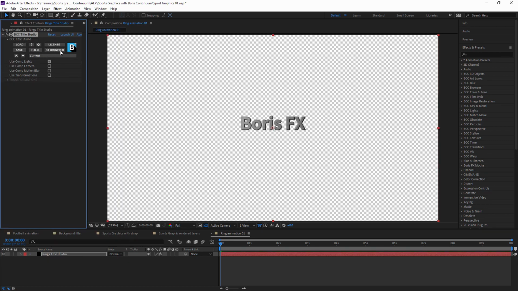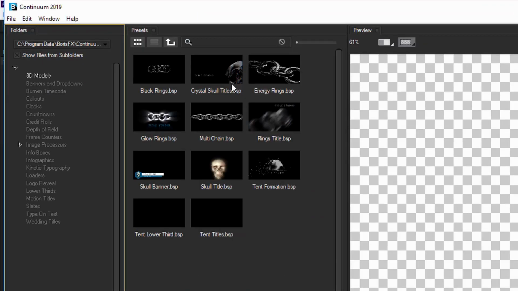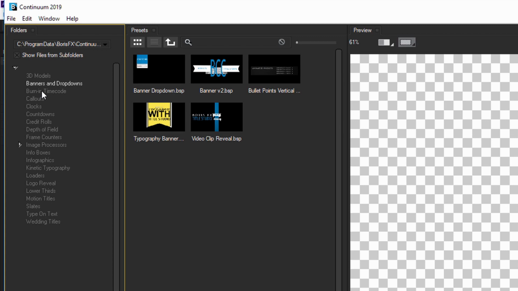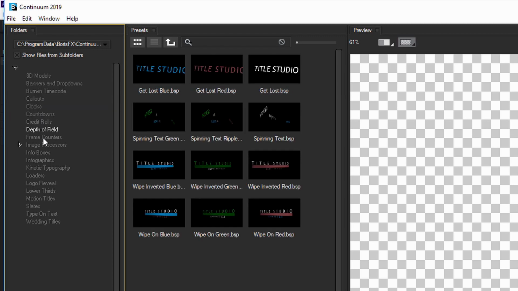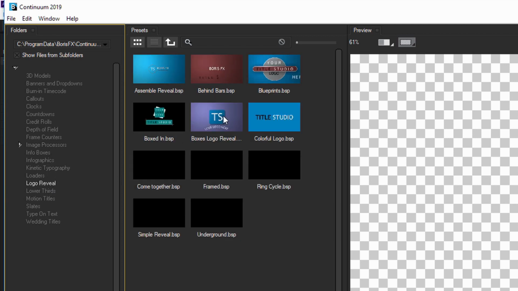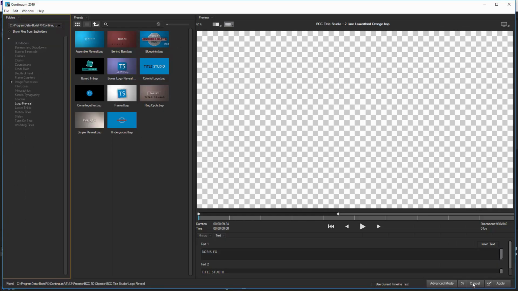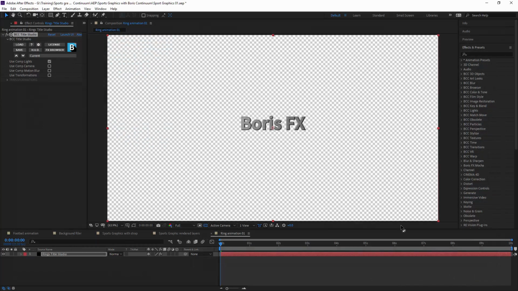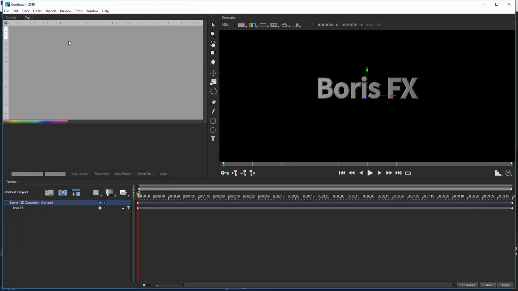And if you haven't used Title Studio before, if we just come into the effects browser, we can see actually there's a ton of presets that we have available to us that gives you an idea of the type of things that we can do in Title Studio. We're not going to use a preset. We're going to build everything from scratch here, but if you haven't really explored it too much, take a look at some of the presets and explore away with those. We're going to come in and launch the UI.